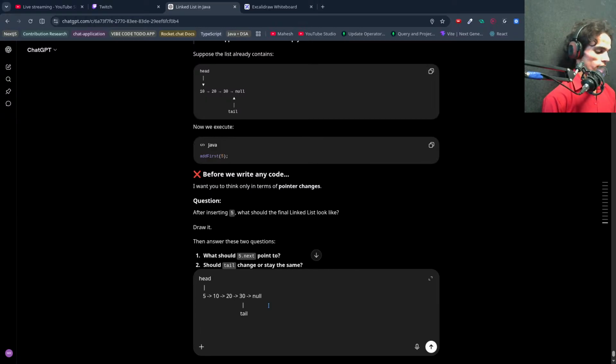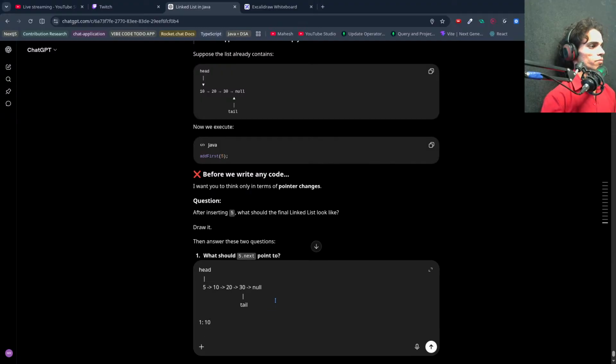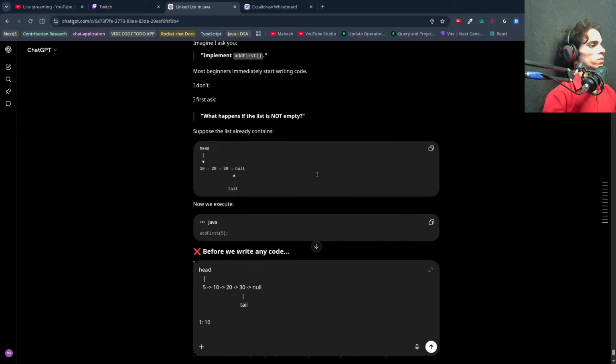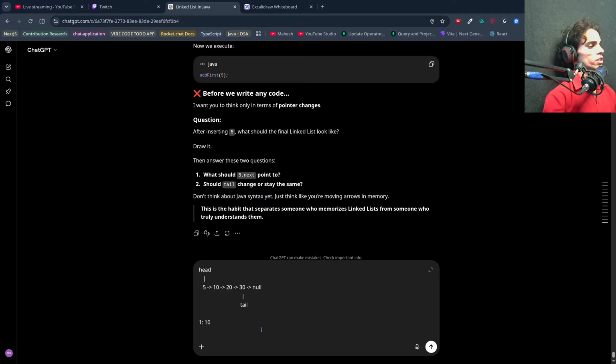Now answer the first question: what should 5 dot next point to? 10. And next, should tail change or stay the same? It will stay the same, because we only